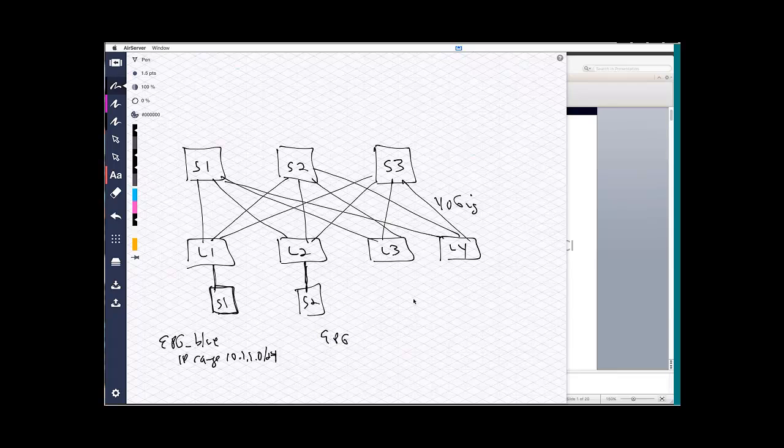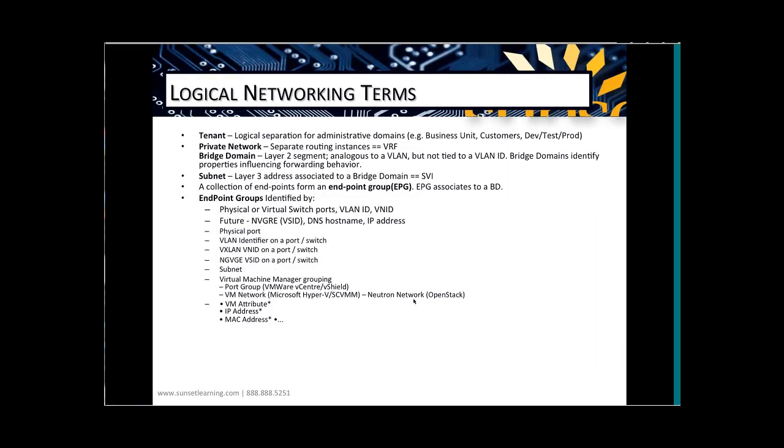Endpoint group green is going to be defined by VM name star.rnd.abc. So any VM that has a wildcard there, that has .rnd.abc in its name, will be identified and put into this endpoint group green. Or I could define an endpoint group based on a VLAN, or a physical port, or any of these characteristics that I've listed here, even including DNS, MAC addresses, VLAN,